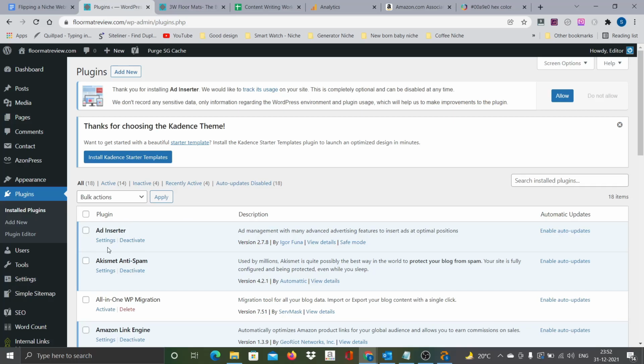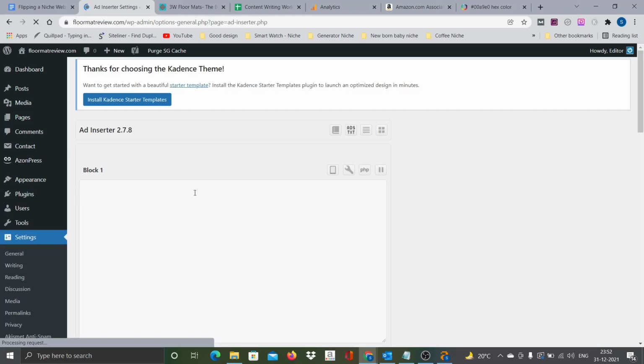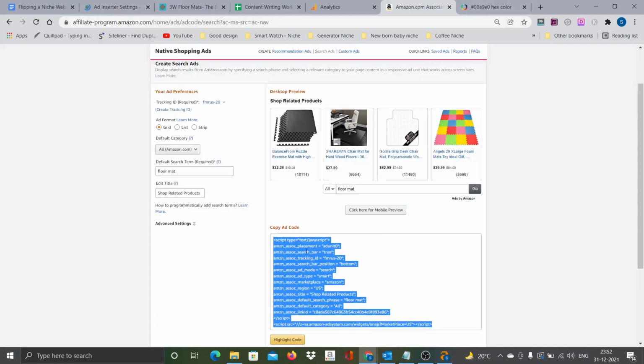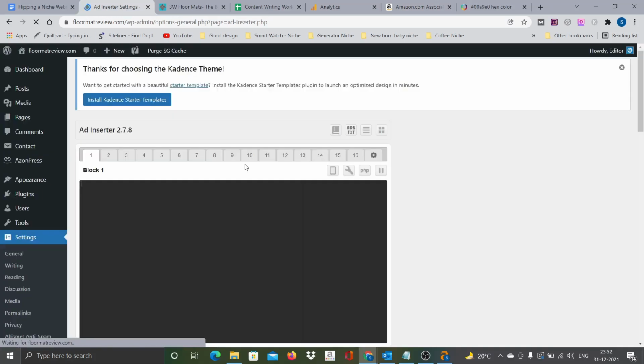You can see here, this is the plugin that we installed. Now we just go to the settings of this plugin, and it's very simple: whatever code we just copied, come over here and paste it here.